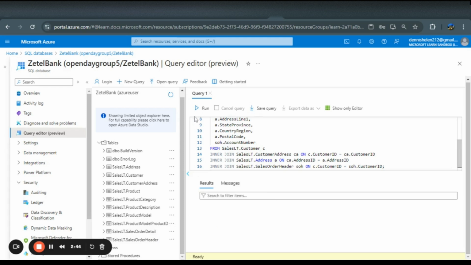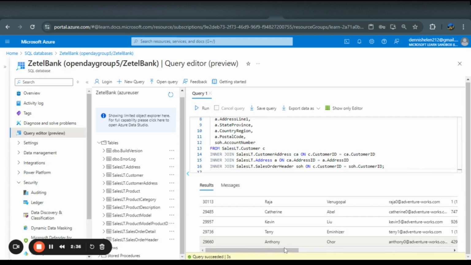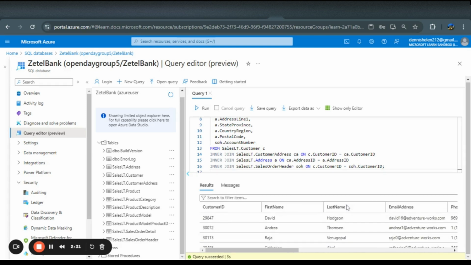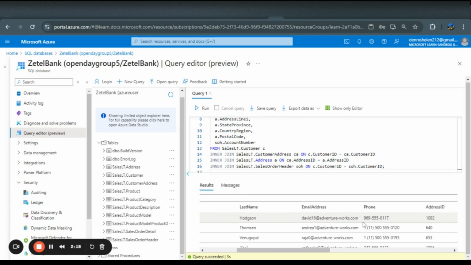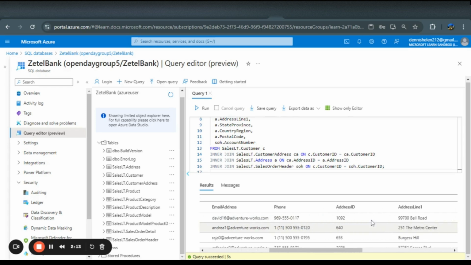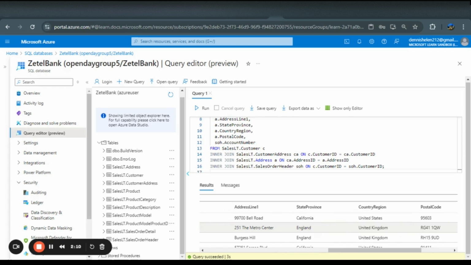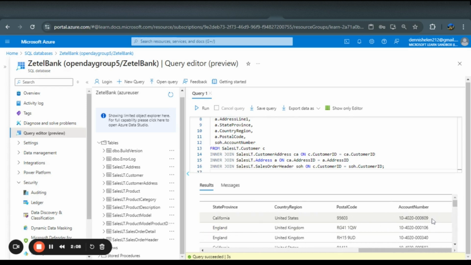Just to make sense of what the data looks like, I click run and here, voila. This is what I want us to look at right now. You can see that we have the names of the customers. Let's take David as an example. I have David's email address, I have the phone number, I have the address, the state, the country, and his postal code,